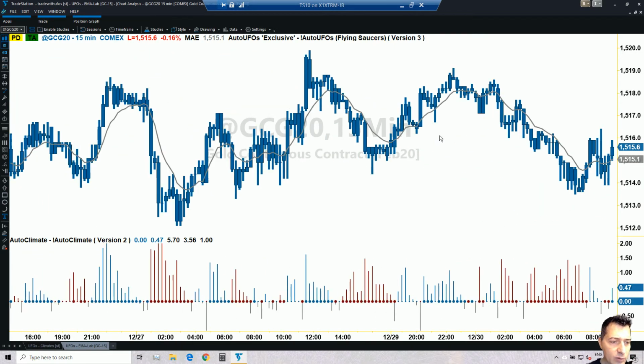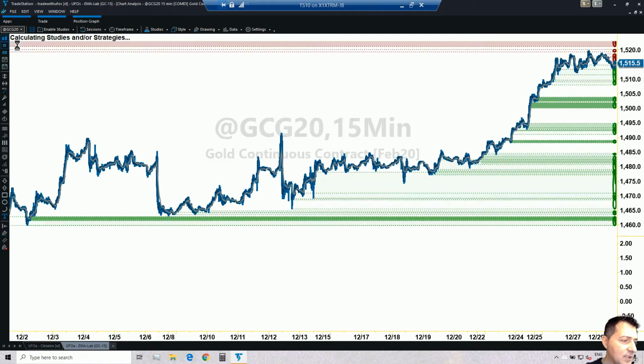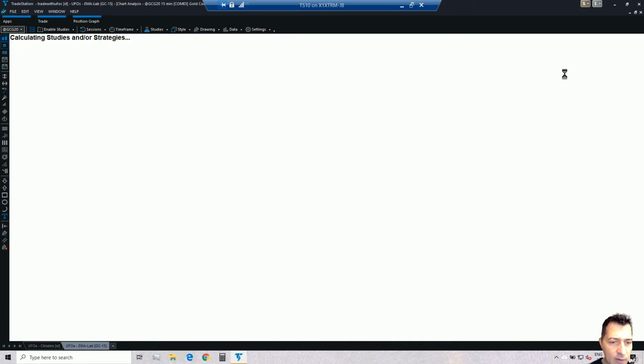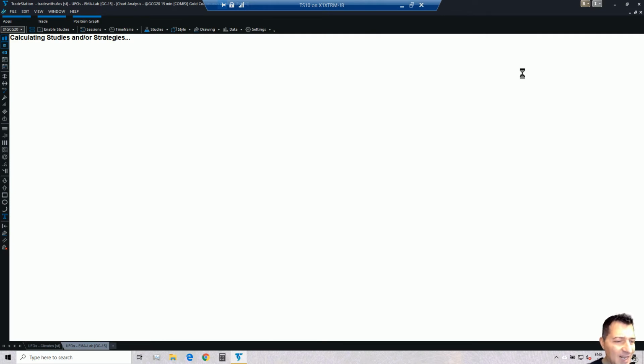So zooming out, UFOs, where are you? Well, it's still pending data, you can see on the left. Here we go. So now it does seem that we're gonna get to see a little bit of red in just a minute. Okay, still processing data here. We're just gonna wait until we have the chart properly calculated. Of course, it's a lot of data to be processed here, since I was loading data all the way to September.